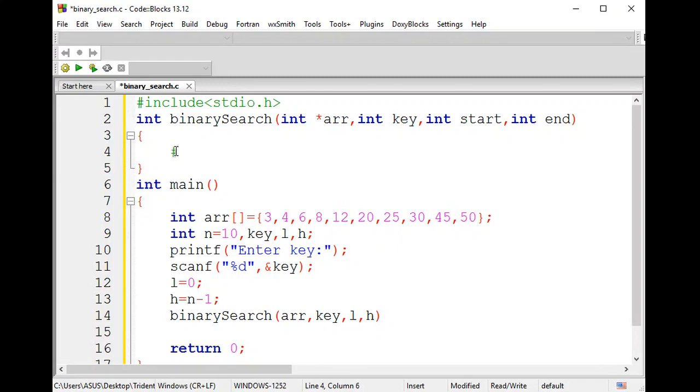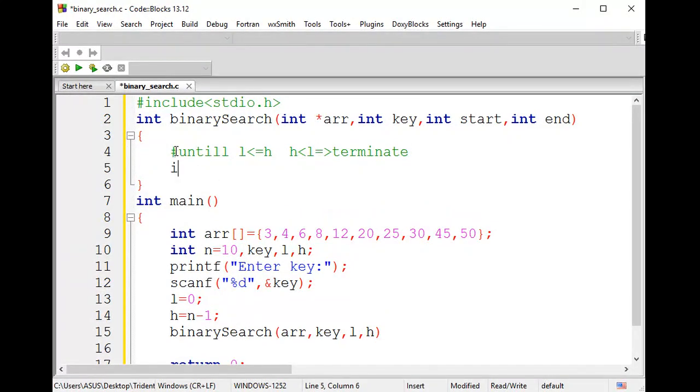Your termination condition is: until my low value is less than or equal to high, it can proceed. Once high is less than low, it terminates. This is the termination condition which you have seen for binary search.